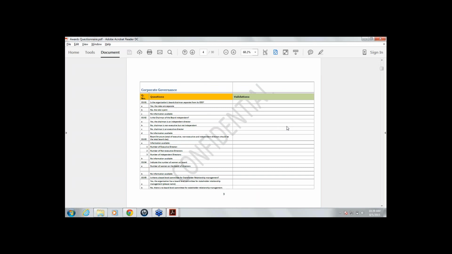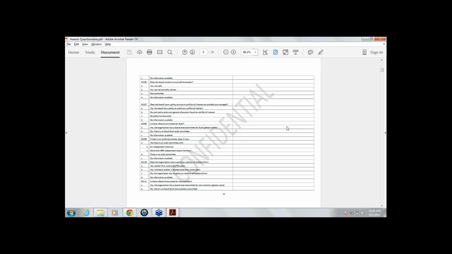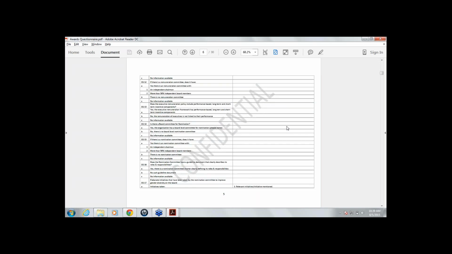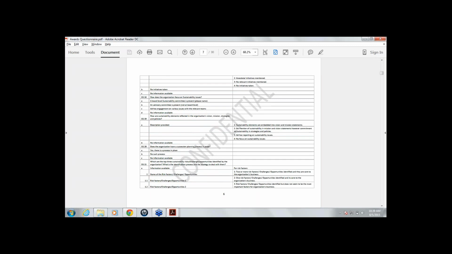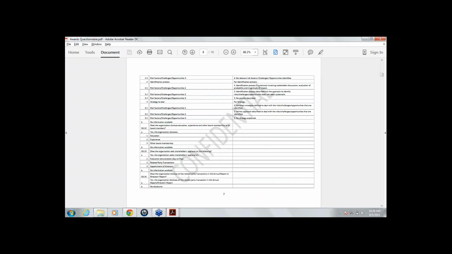This questionnaire will also give details on the validations which are available for the descriptive questions. So this is a reference document that you can keep referring to for the options listed under each question.